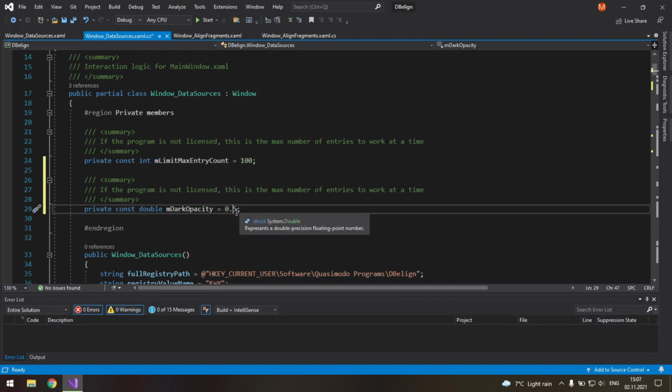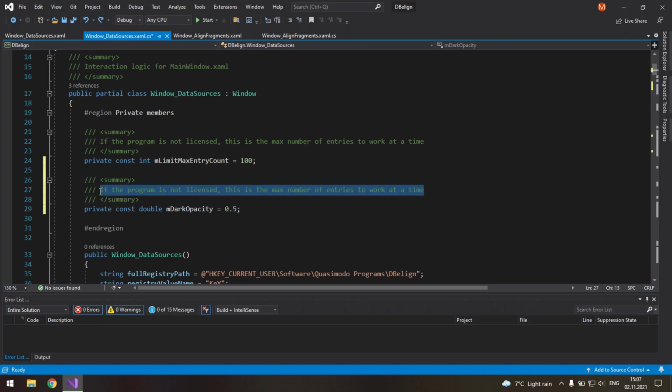If you want to make the background darker, you can use a lower value. If you want to make it lighter, use a bigger value like 0.8 or something like that. So its summary will be this window's opacity when another window is opened to make fading effect.